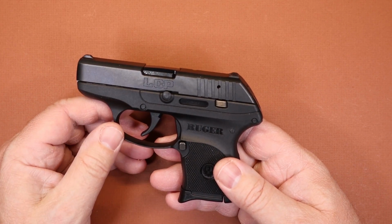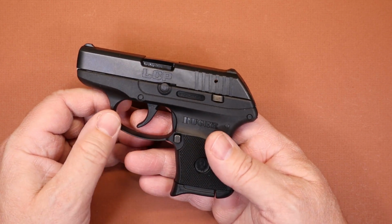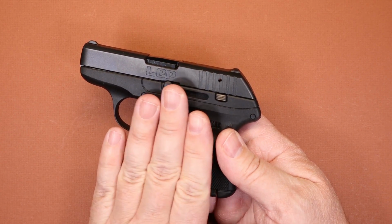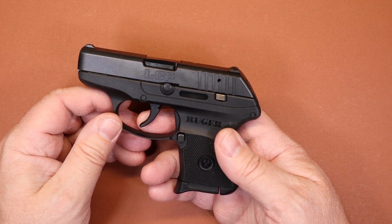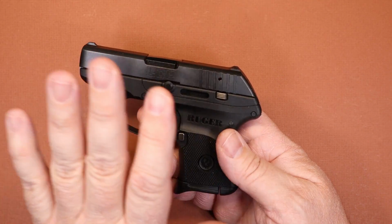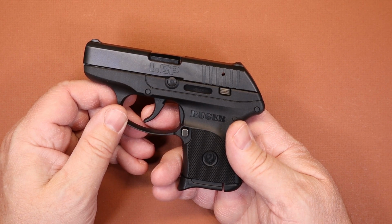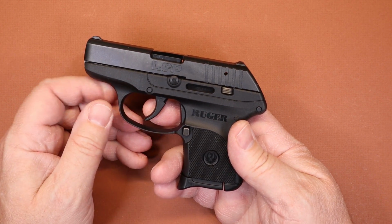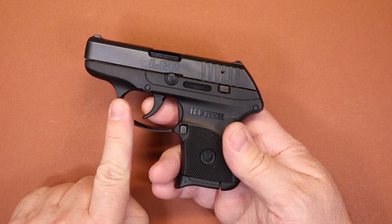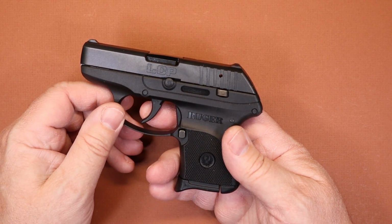Now, having said that, you can get decent enough accuracy, because the idea behind this gun, obviously it's a self-defense gun, and as long as you can place rounds accurately within the space you're trying to, within that defensive range, then it's a good choice for you. And some people will be able to shoot this better than others. That's the other thing to remember. Some people can take a gun like this and go to the range and shoot excellent all day long, and